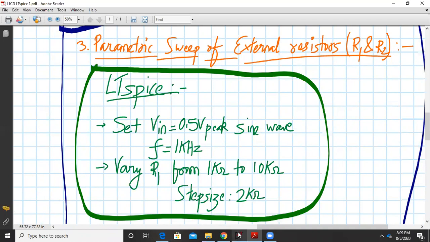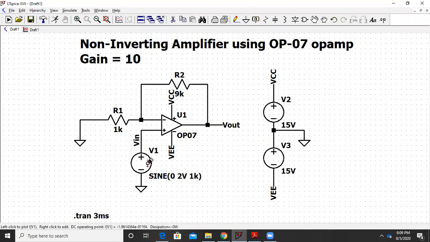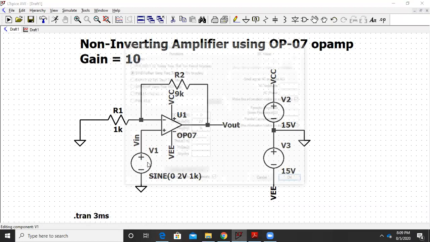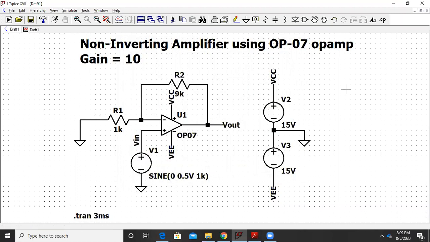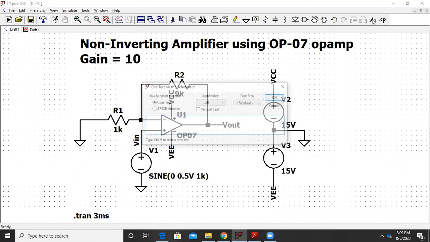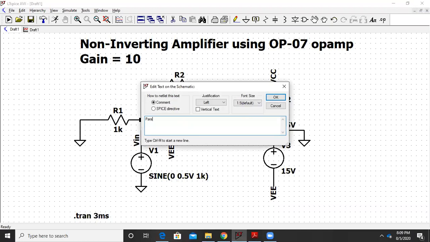So let us go back to the circuit. So we have to make certain changes in the circuitry. The first change will be to get the amplitude back to 0.5 volts peak, and we have to do something called a parametric sweep. So I'll write that word, parametric sweep.